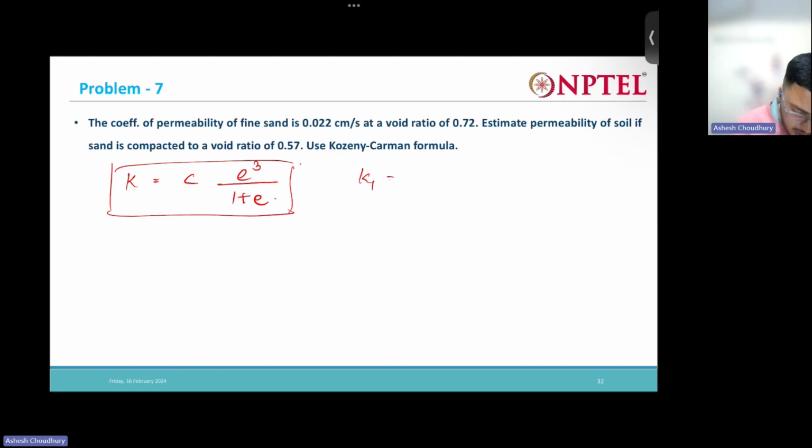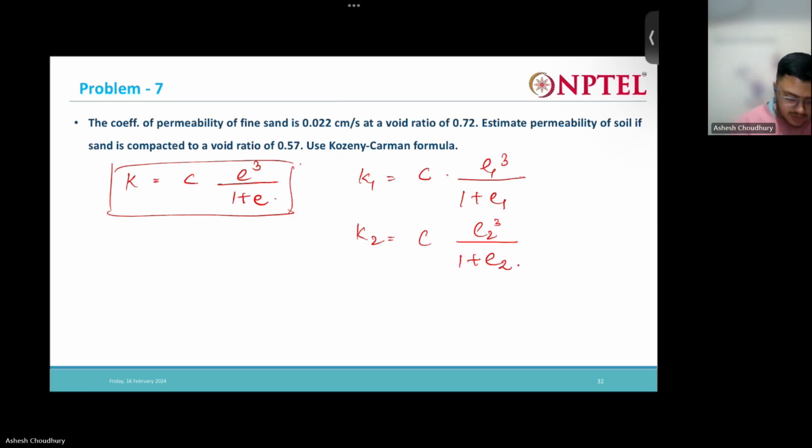So K1 you can write as C into e1 cubed by 1 plus e1, and K2 you can write as C into e2 cubed by 1 plus e2. Right? K1 by K2,